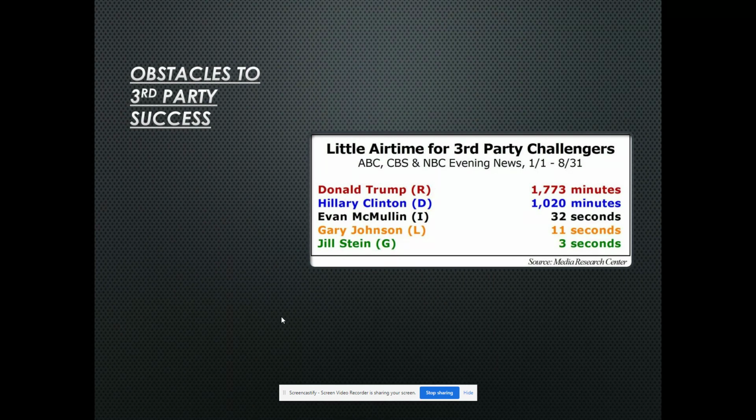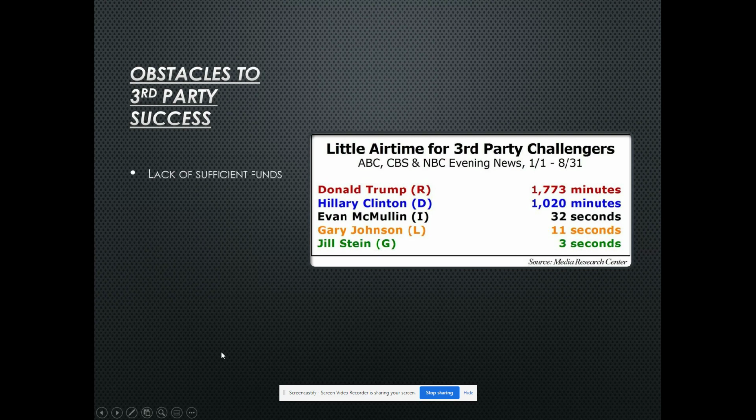It's not that they don't have good ideas. You're going to be doing research on these parties, and I know there'll be at least one party out there that you see and you're like, wow, they have some good ideas. It's not that they don't have good ideas. I will say, our system is systematically shutting them out from ever having a chance of being successful. We can make it easier for them if we wanted to, but the people that control the government, i.e. Republicans and Democrats, do not want any more competition. So here are some of the obstacles that they face.